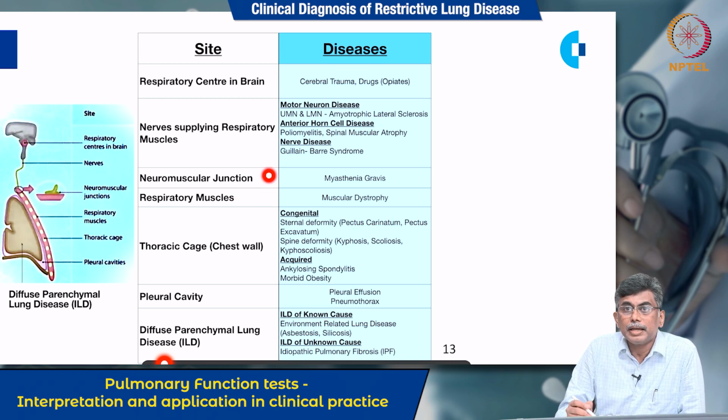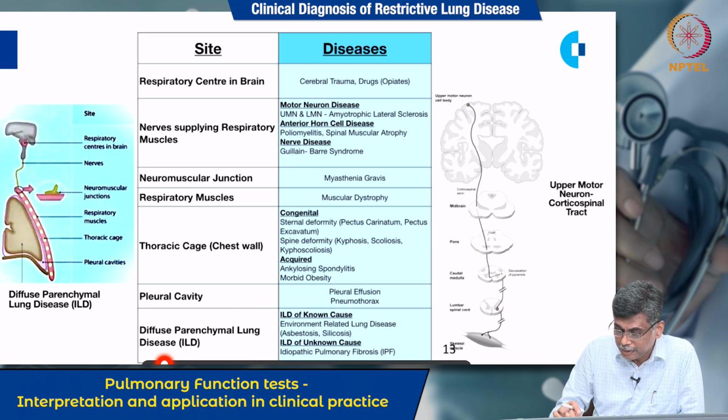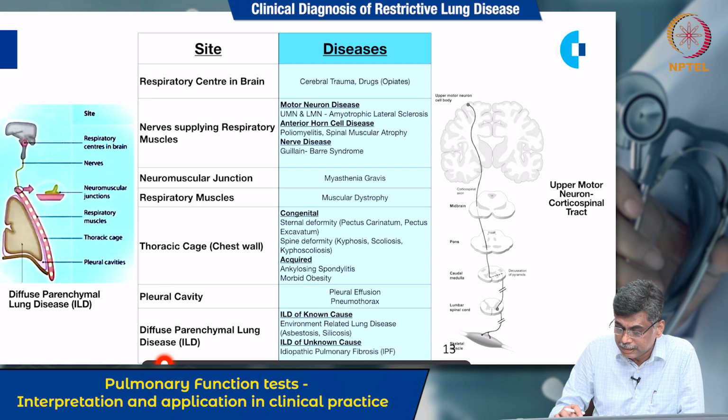Respiratory muscle problems include myopathies and muscular dystrophies, and neuromuscular junction problems like myasthenia gravis. Nerve problems, when you consider the nerves which supply the respiratory muscles, we can divide into three categories. Now consider this as the respiratory muscle. It is supplied by a nerve which arises from the anterior horn cell. This is called the lower motor neuron, and this is controlled by the brain, which is called the upper motor neuron. So we have three categories: an upper motor neuron up to the anterior horn cell, then a lower motor neuron starting in the anterior horn cell, and the lower motor neuron,